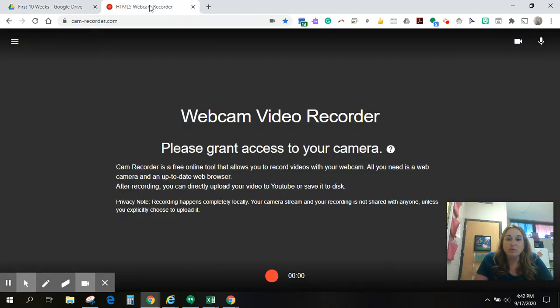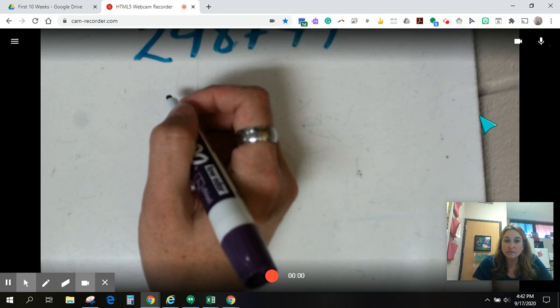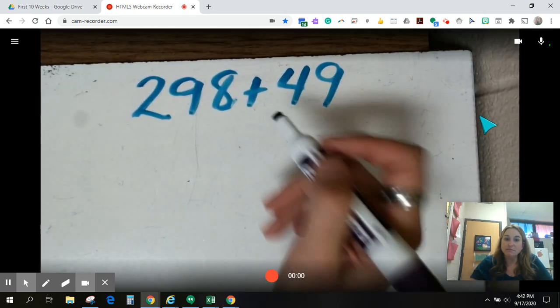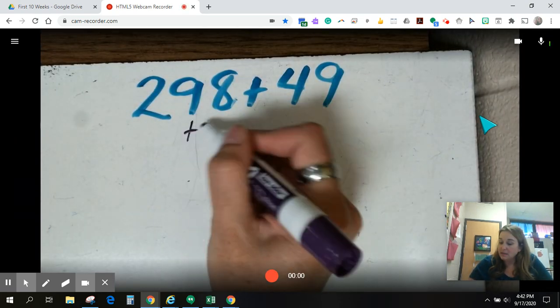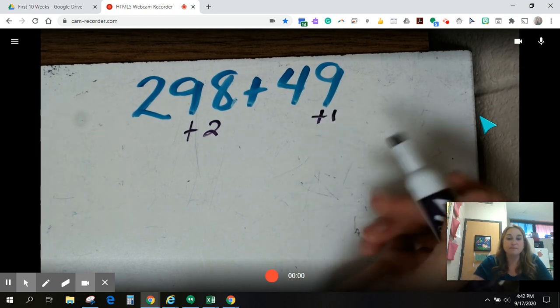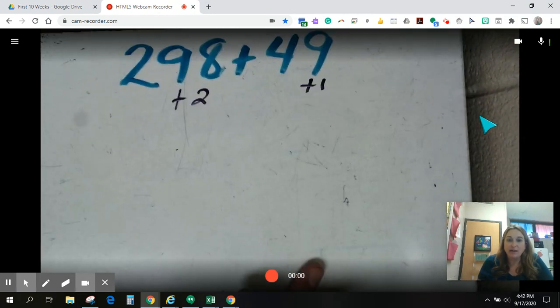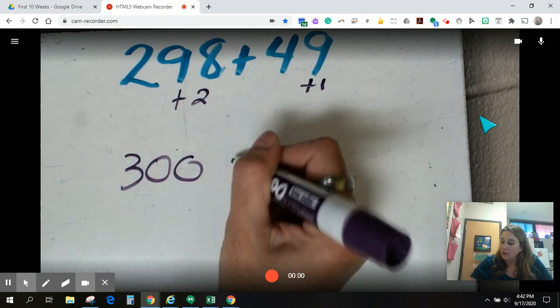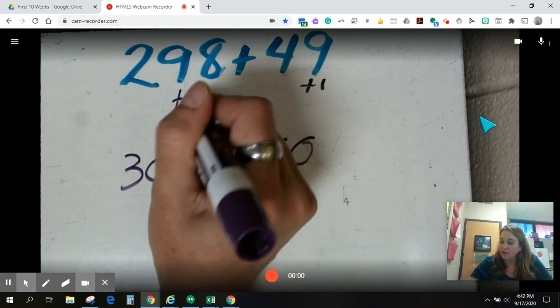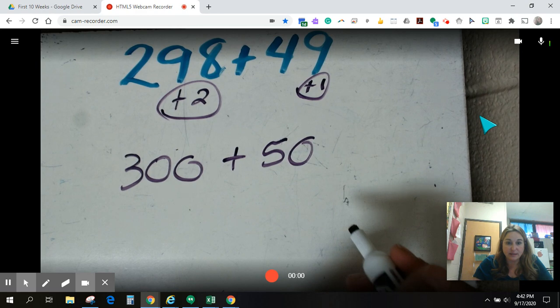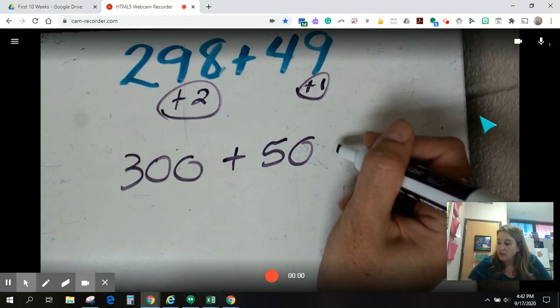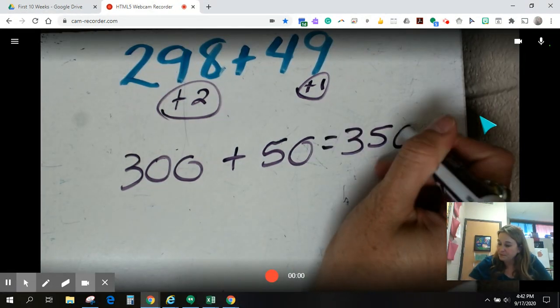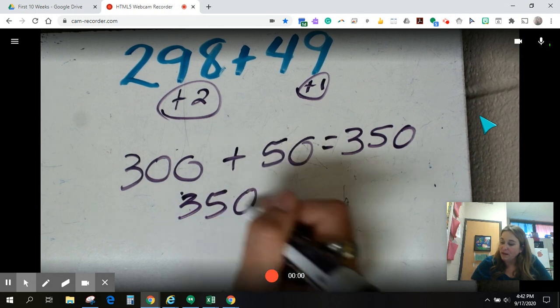So looking at this problem, I see 298 plus 49. I automatically see this as plus 2 and plus 1. Do you see what numbers I'm creating now? So I see 300 plus 50. Now don't forget, you added 2 and you added 1, so those have still got to come back out. So then we've got 350. And then if we have 350 minus 3,